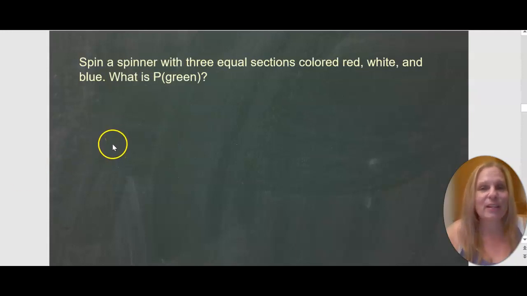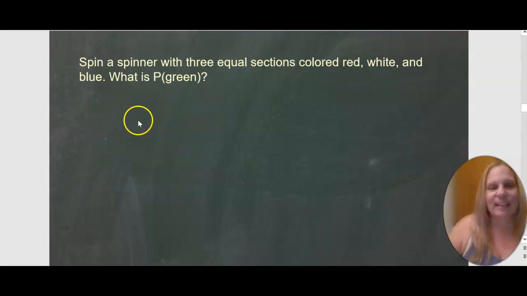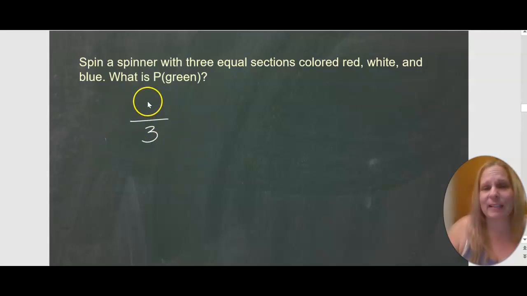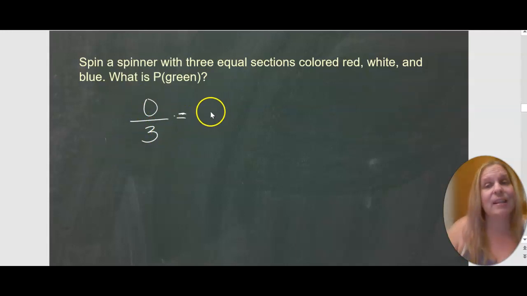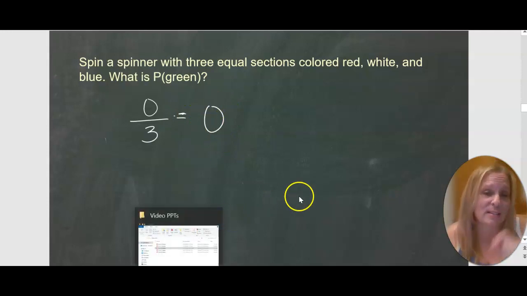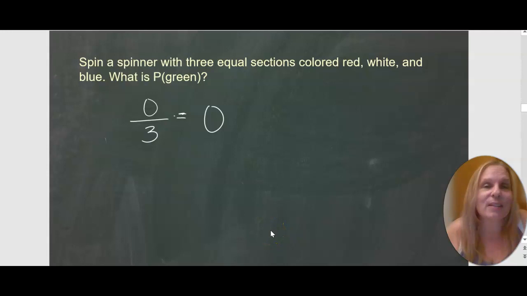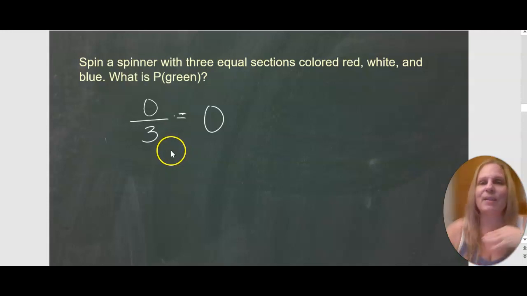Spin a spinner with 3 equal sections colored red, white, and blue. What's the probability of getting green? Well, there are 3 total outcomes and none of them are green. So the probability of getting green is 0. There is 0% chance you're going to get green because you can't get green. It's not an option, right? If something is totally certain, we say that has a probability of 1 or 100%. If something is impossible or will not happen, we give that a probability of 0